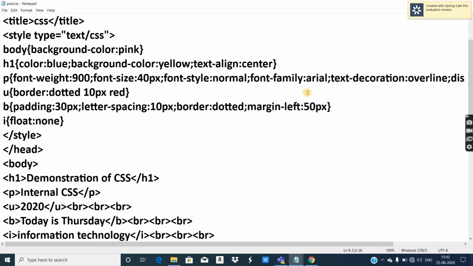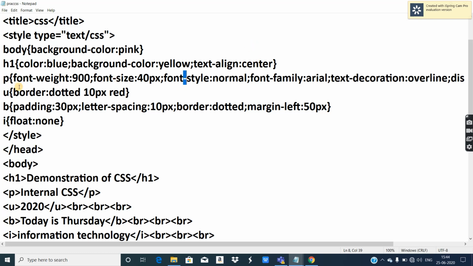And one thing I would tell you: the properties of CSS which have multiple words, like this is a two word property. See, this is a two word property. Most of the two word properties, actually all of the two word properties, and there are three word properties also, every word is separated with a hyphen symbol. This is a common rule followed. The name of a property which has multiple words, each word is separated with a hyphen symbol, that you have to remember.